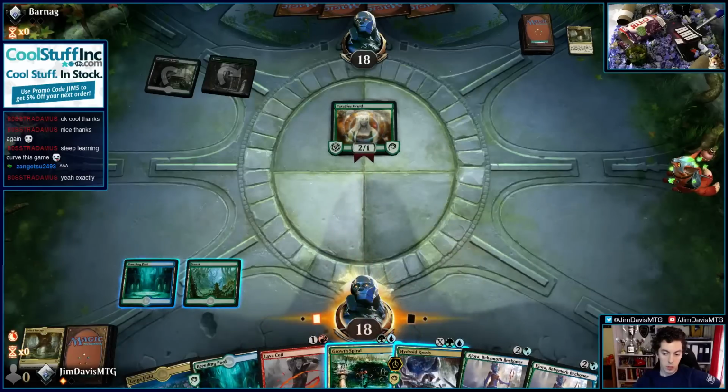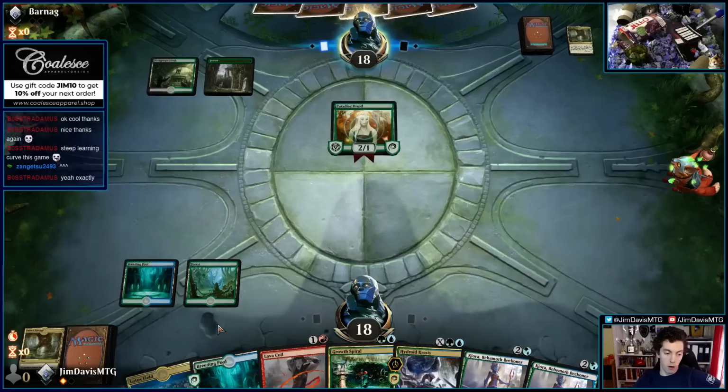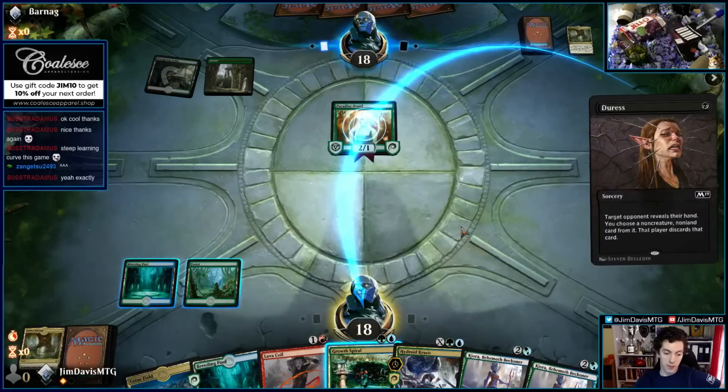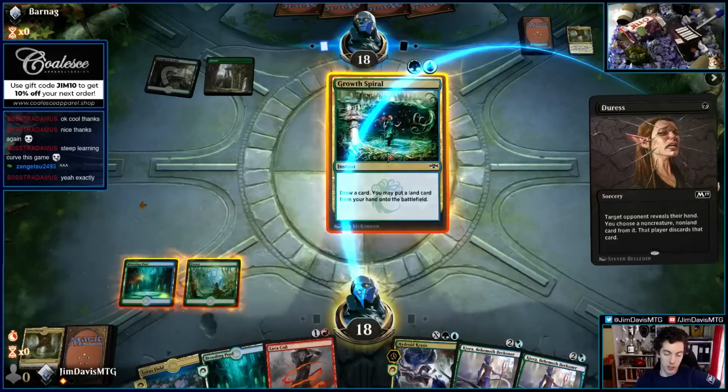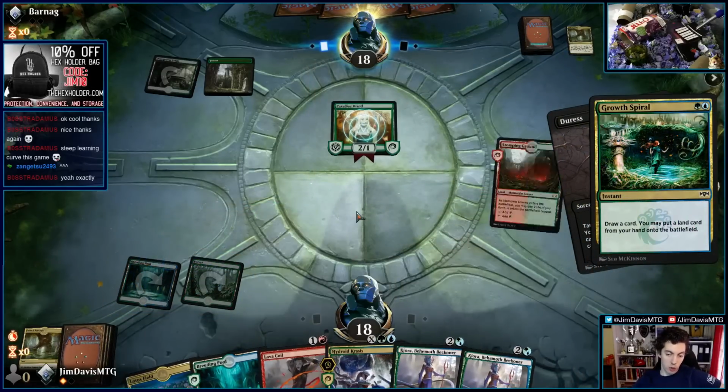Alright, so say go here. We have Growth Spiral into Lotus Field into Kiora. They have Duress. Alright, so we're going to Spiral in response here because we have one Spiral and two Kioras, so... They probably just take Lava Coil, which is annoying, but...